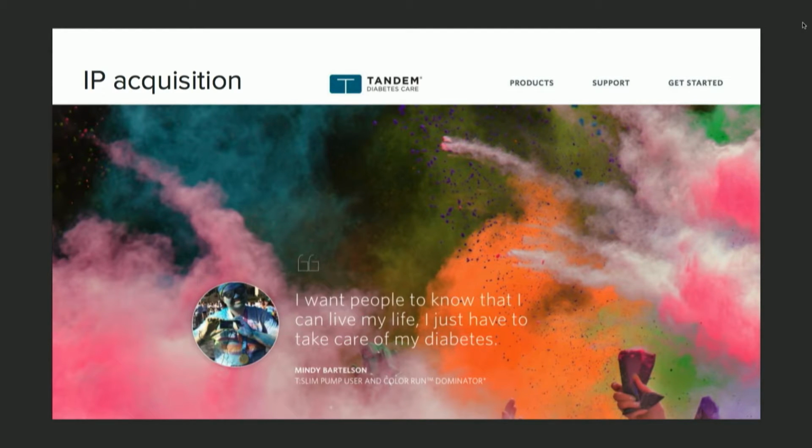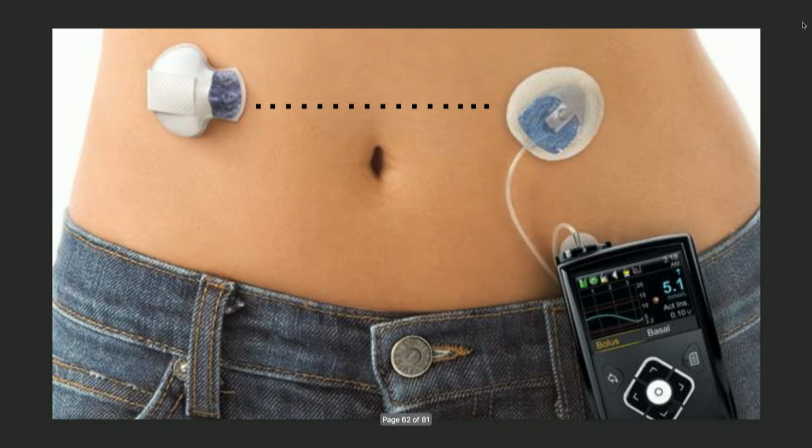The IP and features were sold off to Tandem. What is this? I want people to know that I can live my life. I just have to take care of my diabetes. People now have wireless glucose monitors that talk to their pumps, so this is just a really great thing for